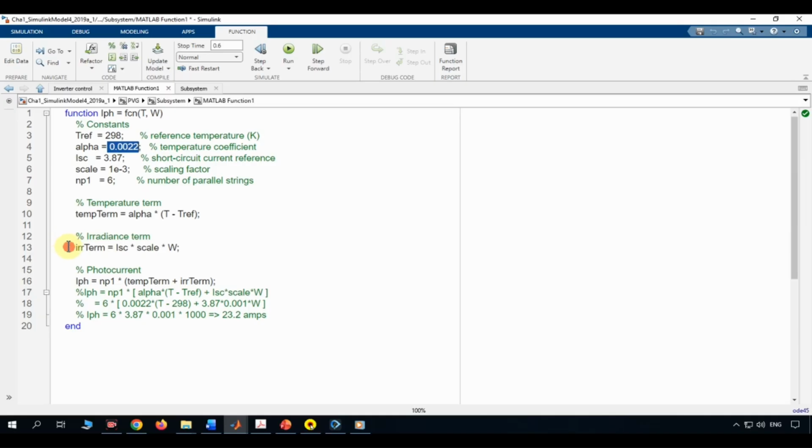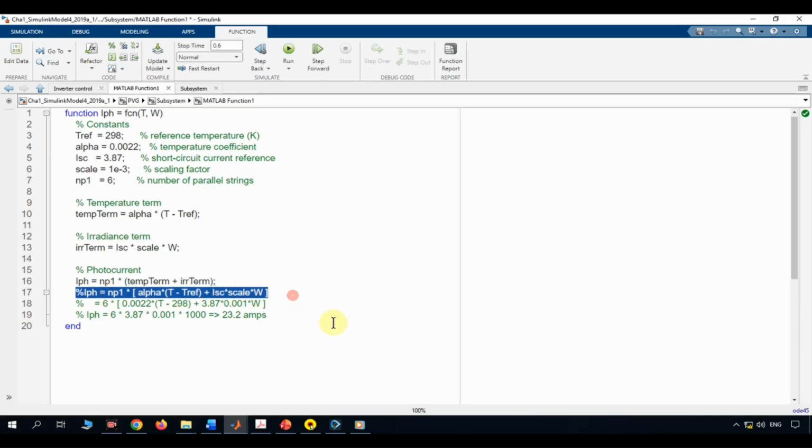Second, the irradiance term. ISC 3.87 is the short-circuit current rating of a single-cell string, scaled down by scale, 1,000th, and multiplied directly by irradiance W. More sunlight in, more current out, a straightforward linear relationship. Add those two terms, multiply by NP1, 6, the number of parallel strings in this array, and that's your total